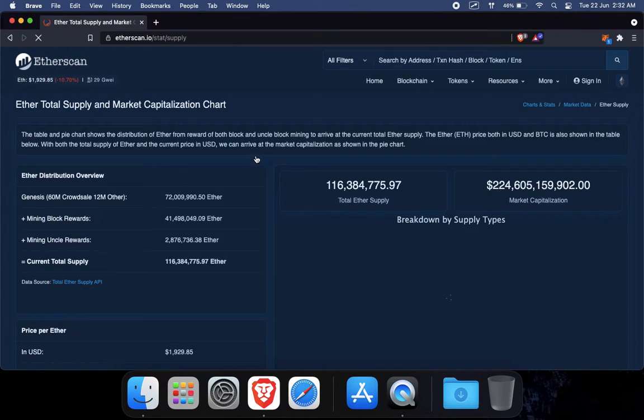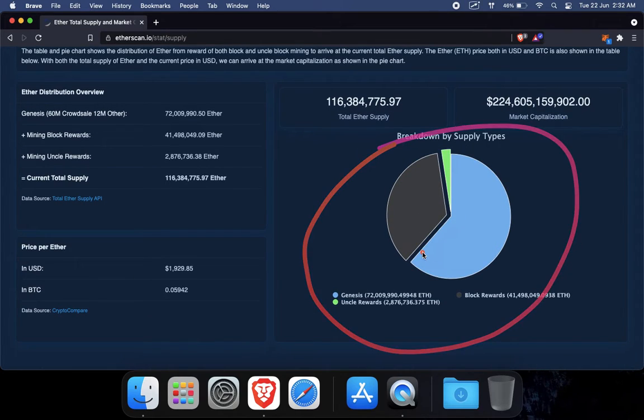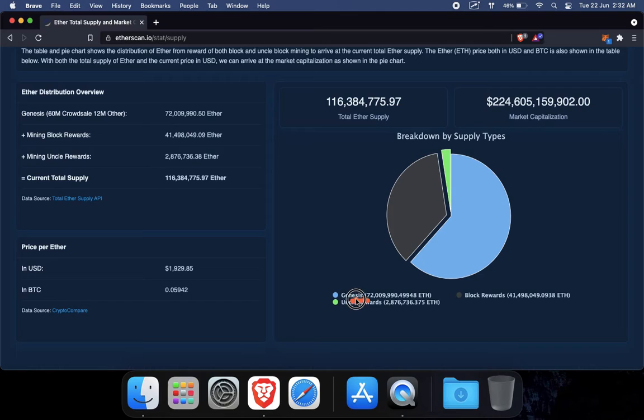Total supply and market cap, right? So you can see from this chart, Genesis. Now, what is Genesis? Genesis refers to the first block that was mined and also the crowd sale of tokens that were done. You can see here, 60 million crowd sale, 12 million other. So these were essentially the first Ethereum tokens that were created, mined, and either given to the developers or sold to raise funds for the whole Ethereum